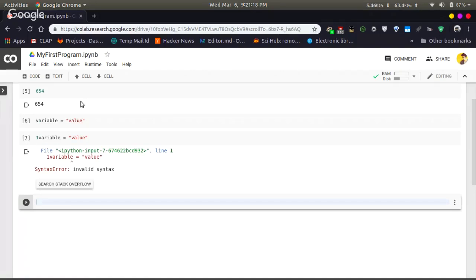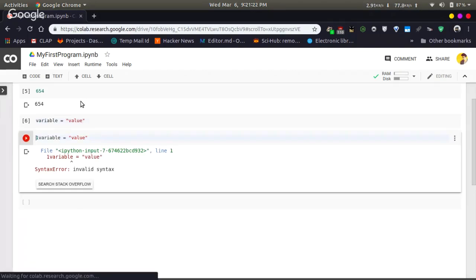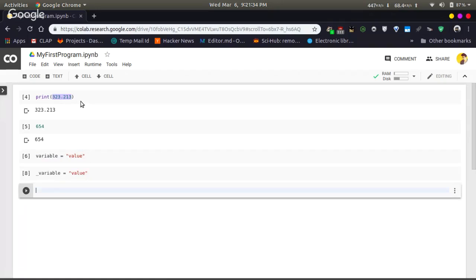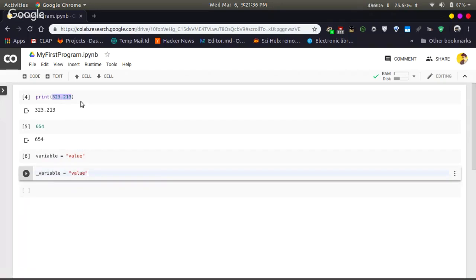There is a syntax error, which means you cannot name a variable by starting with a numerical value. You can start a variable's name with an underscore. It will work. Yes, like this.